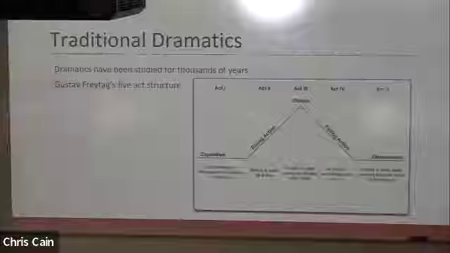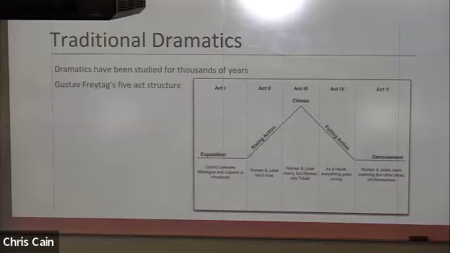Yeah. I like this, but I heard an author talk about this, basically saying when you see this sort of chart, it makes it seem like they're all supposed to be the same length. But realistically, you can have any one of these be a majority of the story. Absolutely. Like the author of the book The Sword of Kaigen, I can't remember her name, which is a great book. Most of the book happens in the falling action. Yeah, these do not have to be the same length by any means.